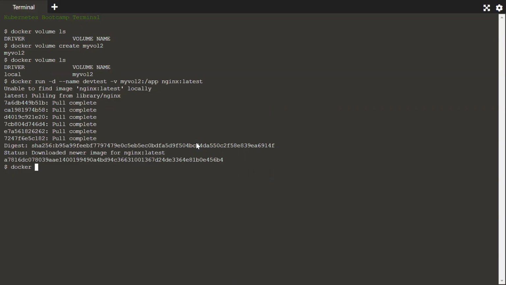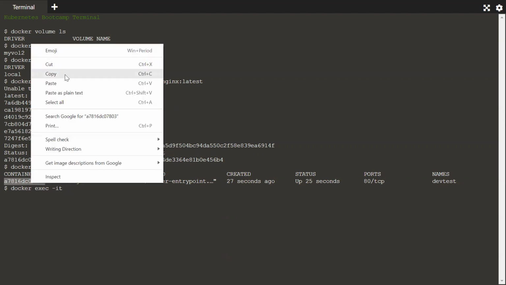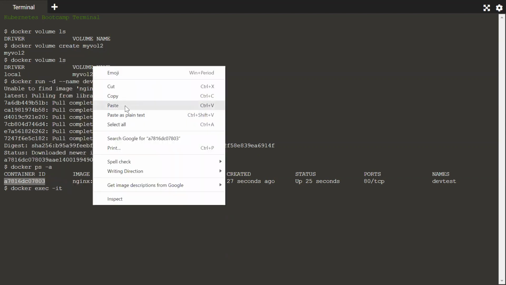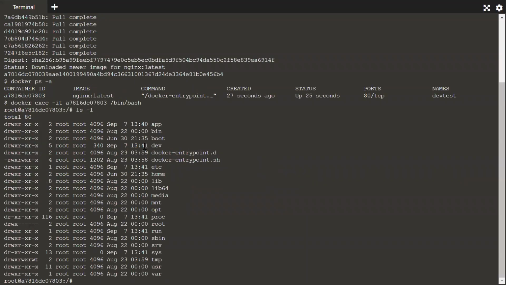So if I come here and say docker ps -a, I will see my container is ready, and the name of the container is devtest. Now I would like to go inside the container. So I'll say docker exec -it. I told you -it stands for interactive terminal mode. Copy the container ID, paste it, and then /bin/bash. Now, if you see, I'm inside the container, and here, if I do ls -l, I will see this app folder. Whatever I do inside the app folder will automatically get replicated to